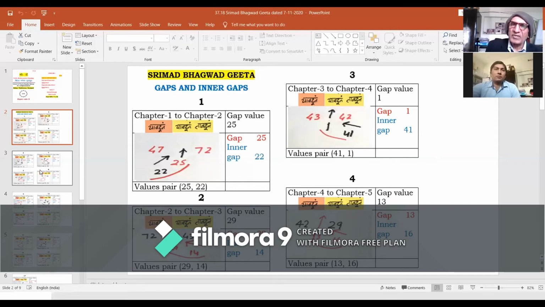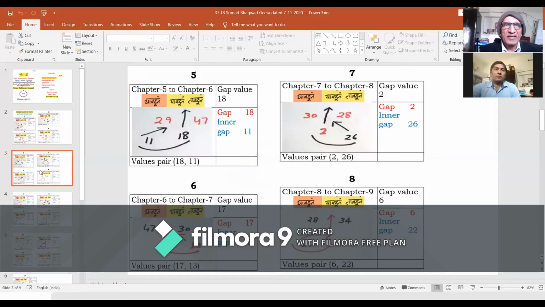Like that, one shall proceed and sequentially reach chapter 5 and chapter 6, or their gap and inner gap values pair as 18 and 11. One may have a pause here and take note that 18 and 11 again is of value 29, the value of creator space. Therefore, one shall sit comfortably and permit the transcending mind to see how the yoga discipline of chapter